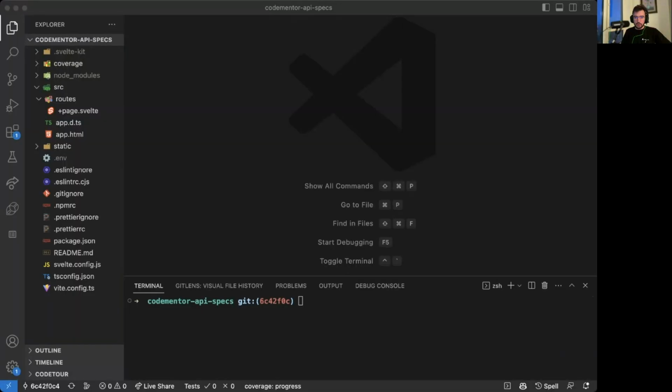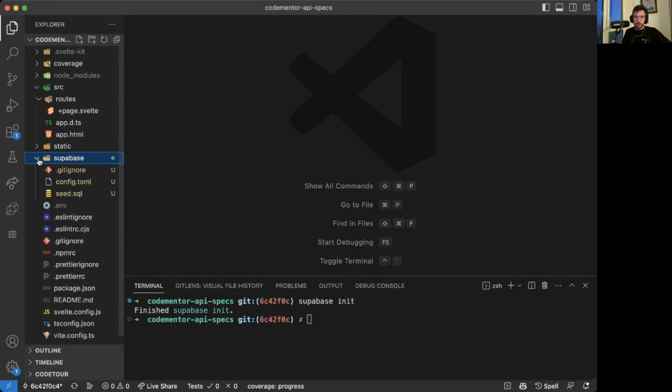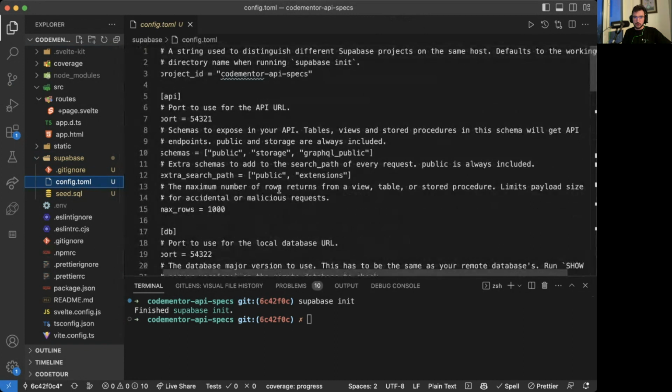Let me quickly jump back to the VS Code. Great. So what we need to do next? We need to initialize Supabase. You need Supabase CLI for that. So you can do it with brew install supabase if you're on macOS, or apt-get, or find any other types of installation in the Supabase CLI repo. So let's run supabase init. It will create a folder Supabase in our repo with config to run Supabase locally,